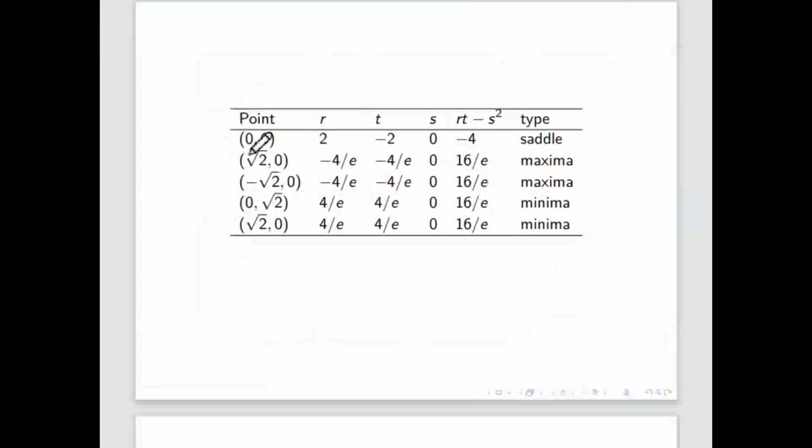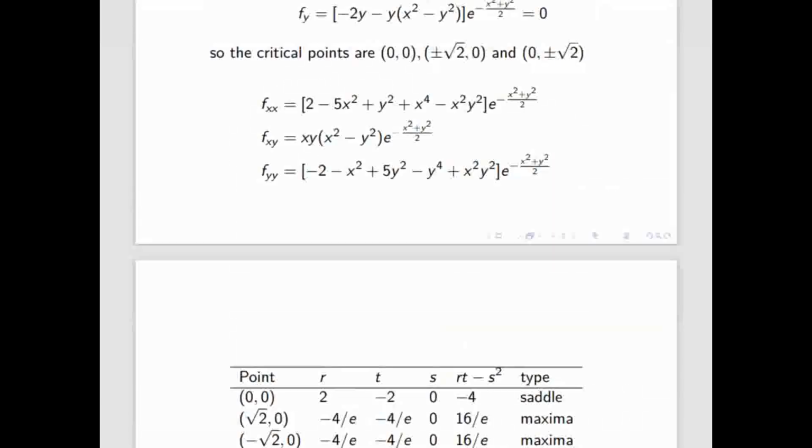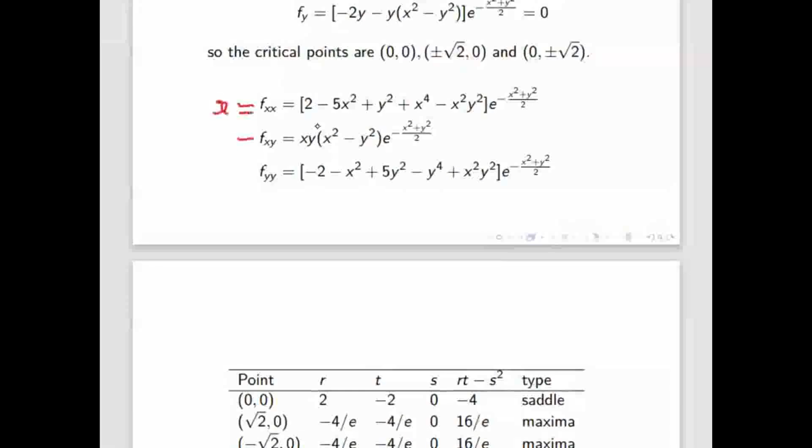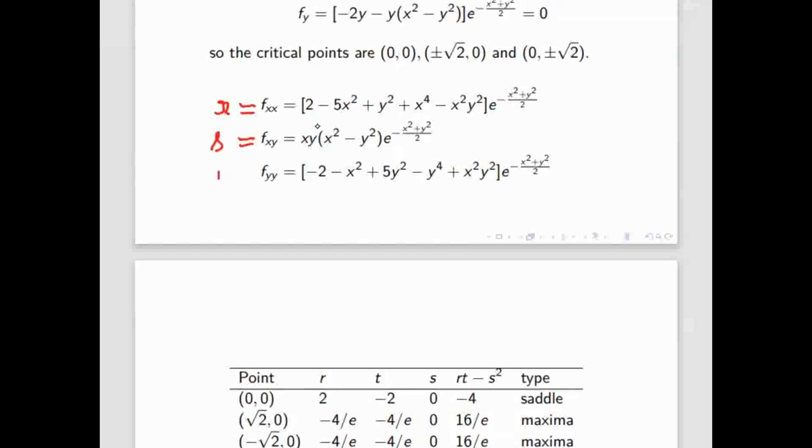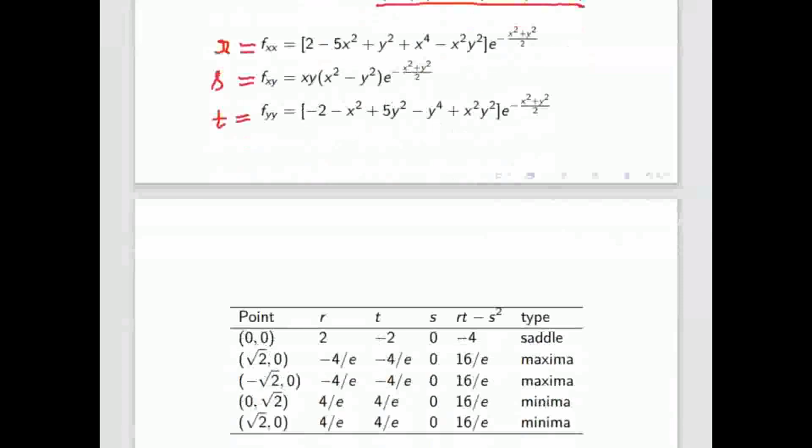So here I wrote all those values in the table. All points, the r formula is given. This is r. Actually, this is not r itself. At that point, whatever value comes is r. If you replace the point, then you will get r. For each point, you will get r, s, t. So you can verify these are the values you will get.